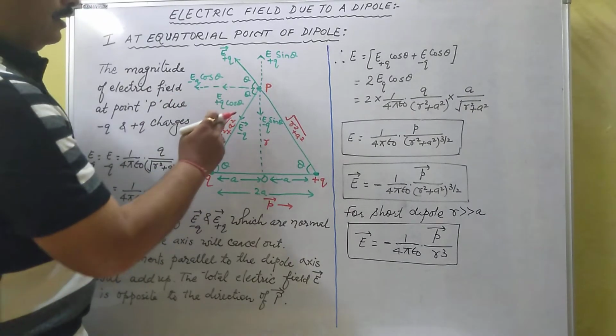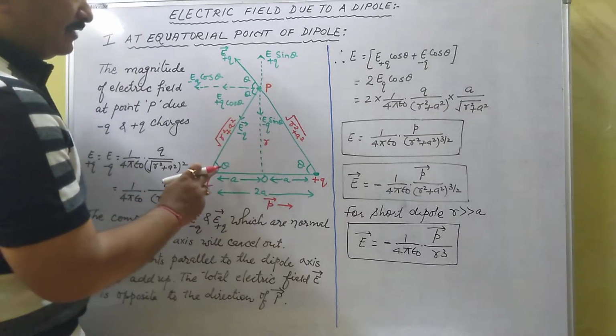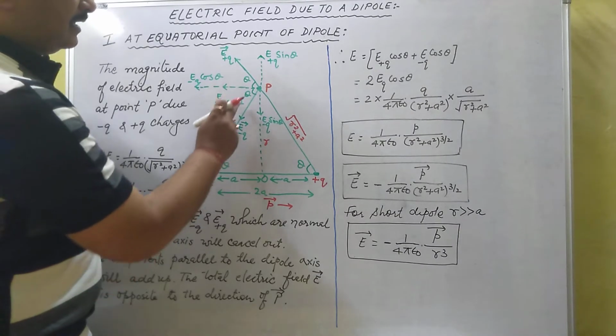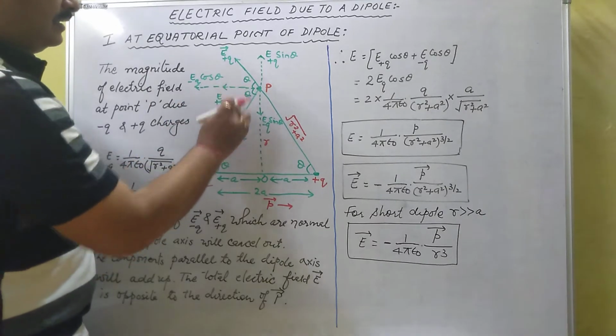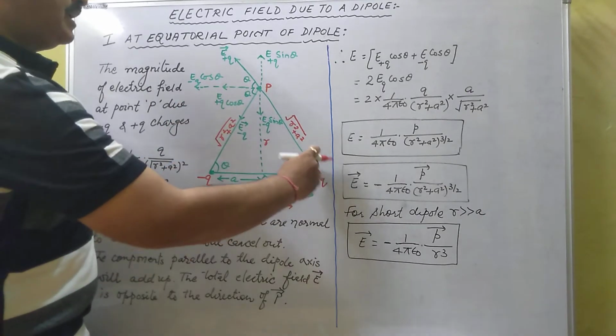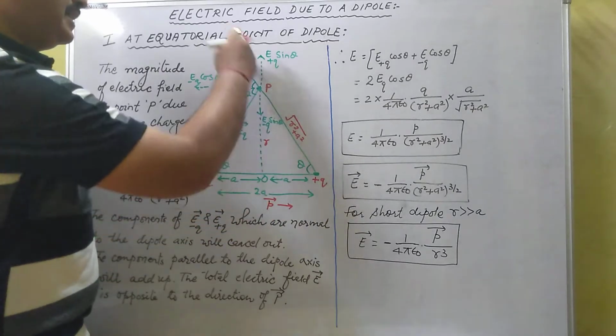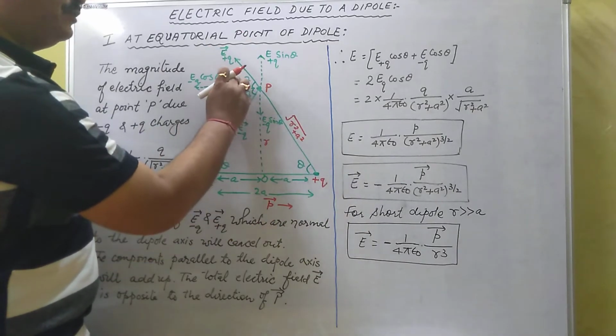Now, if you see, if this is the angle theta, this will also be theta. This line and this are parallel. These angles will be equal. Similarly, these lines are parallel, this is an intersecting line, so this theta will give you the same angle theta here.